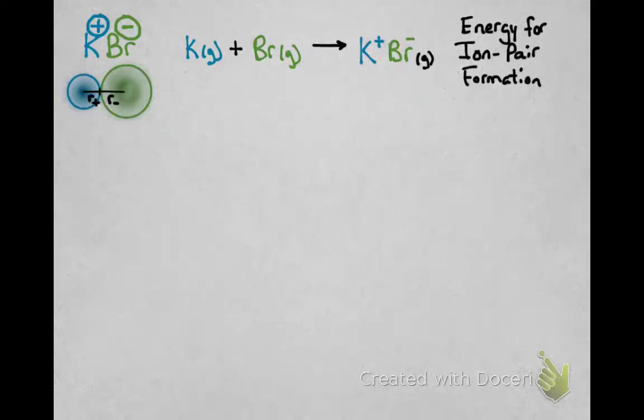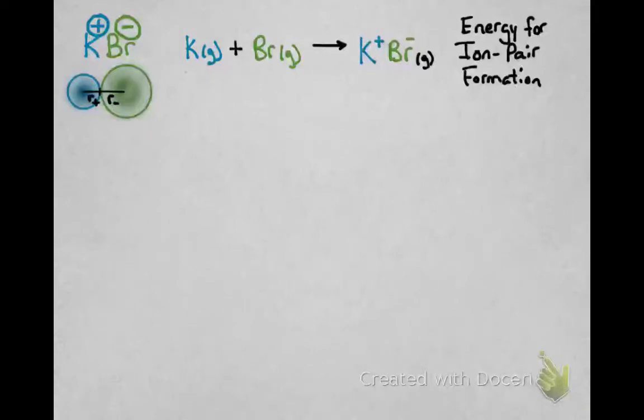So let's do a calculation for the energy for ion pair formation between the potassium and bromide ions from their elements in the gas phase. So what is the energy for this process? Which of course requires that we ionize the potassium and the bromine, so we form K plus and Br minus, and then bring those ion pairs together. And we're going to sum up the energies required for those three steps to get the total energy for the